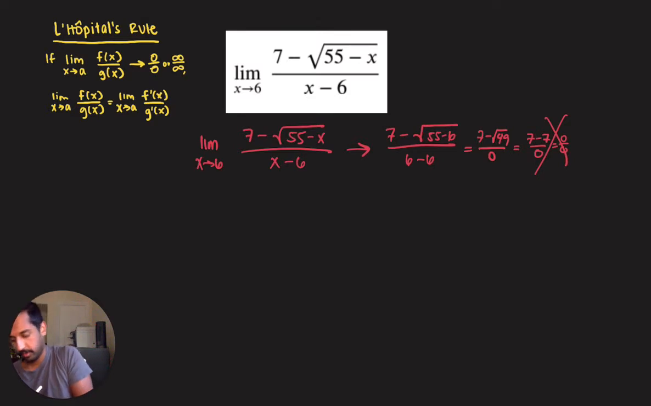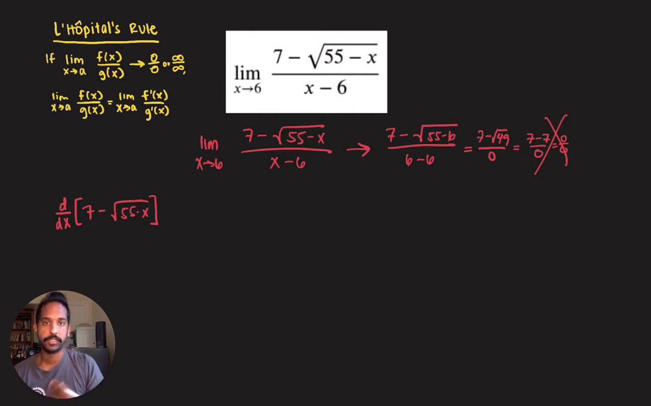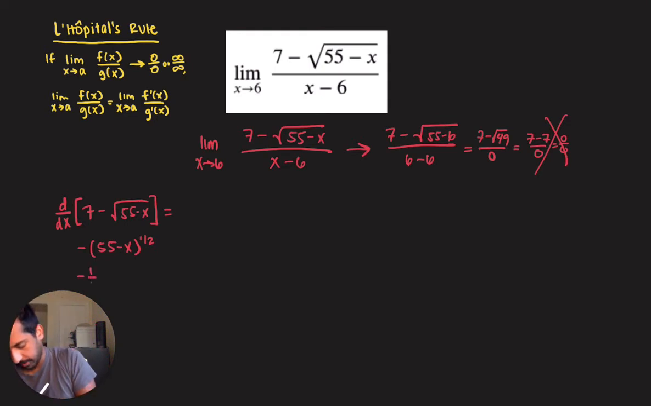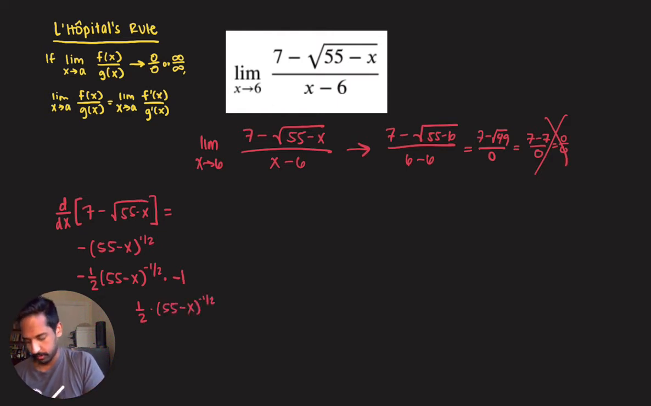We're going to find the derivative of 7 minus root 55 minus x. We know that that 7 is going to go away when we find the derivative because the derivative of a constant is 0. But for the negative root of 55 minus x, I'm going to rewrite this like that, and then we're going to apply the chain rule. Negative 1/2 times 55 minus x to the power of negative 1/2 times the derivative of the inside, which is negative 1. So this will end up giving us 1/2 times 55 minus x to the negative 1/2, or 1 over,